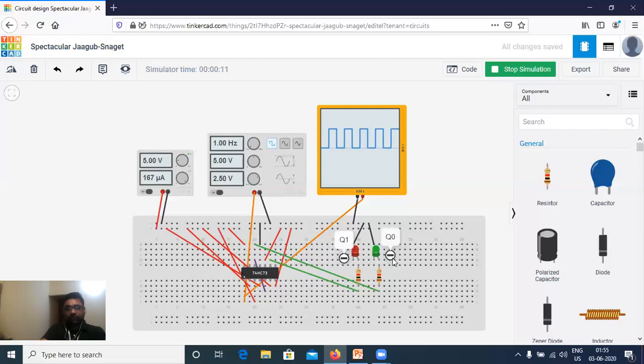Then both are off, means zero. So zero, one, two, three. Again zero. Zero, one, two, three. Again zero. So this is the operation of the asynchronous 2-bit up counter. Now, as the time goes on, you are seeing the simulation a little faster than before.